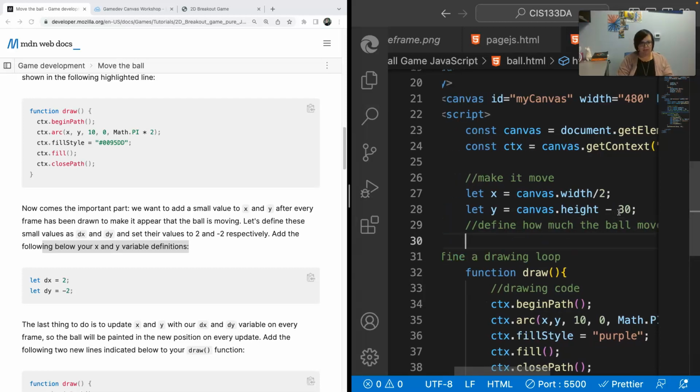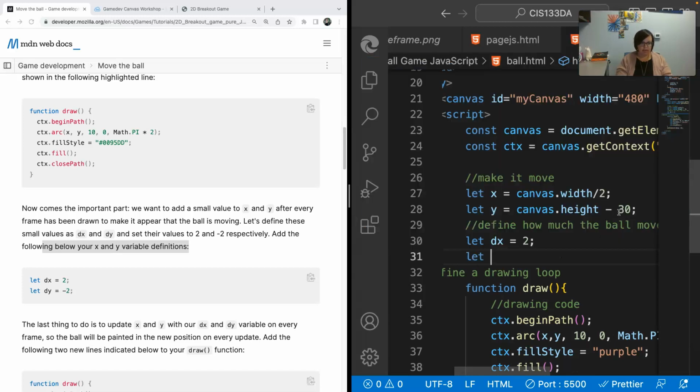Okay, and then we're going to say let dx equal to, so it's going to move in that direction, and it's going to go up, apparently. And it's starting at the height minus 30. Interesting. Okay, so it's like going outside of the canvas, it sounds like. Let's see what that's going to look like. Equals 2, let dy